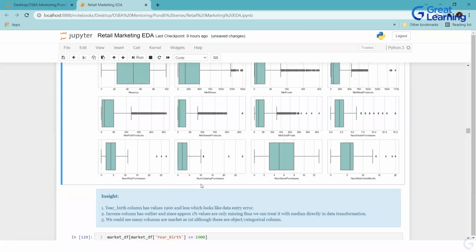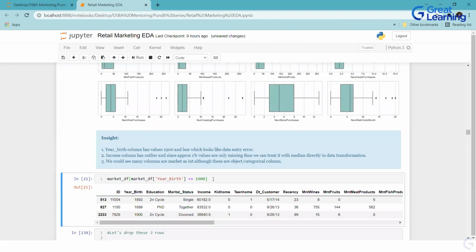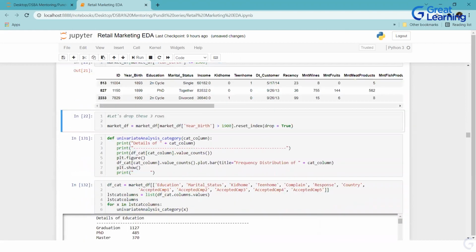Yeah, a person is greater than 100 years old, right? So it's a wrong year. So I'm figuring out what are the rows which are less than 1900. There are 3 rows only. Why bang your head? Just go ahead and drop it. Now it's very small, so I will go ahead and drop it. Done. And then this is one thing that I did. Still I have not treated the date customer column. We can replace 1900 with something, you can do that, but these are very small. That's why I did this, to drop these rows. Okay, you can do that, Ayushi. That's perfectly fine. There is no hard and fast rule. These are just 2 options that you have. Okay, fine.